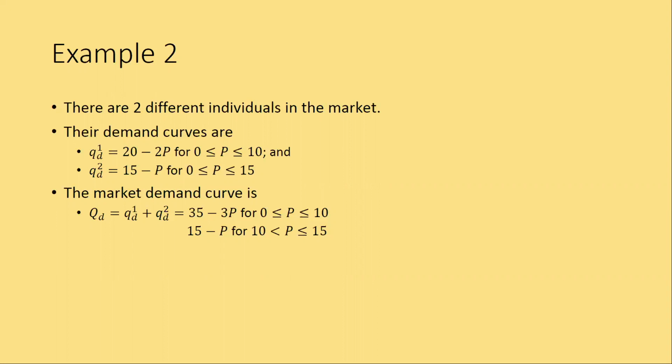And for the second individual, the demand curve is 15 minus p for p between 0 and 15. Well, to derive the market demand curves, it is tempting to simply add Q1 to Q2 and say the market demand curve is 35 minus 3 times P. But that is obviously not the end of it, because we have to be careful about the price ranges, especially when they are different,